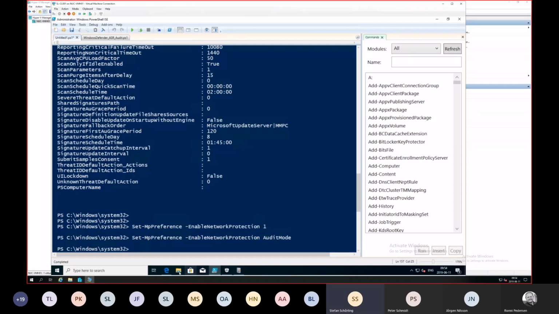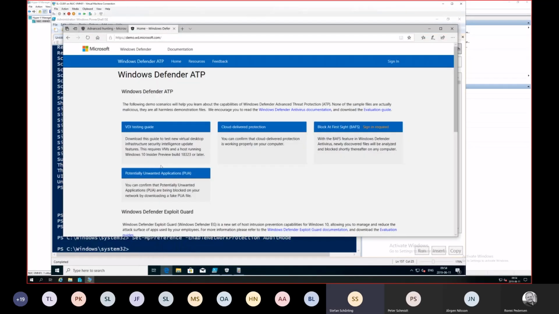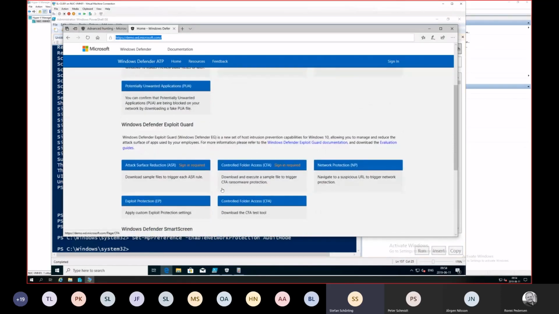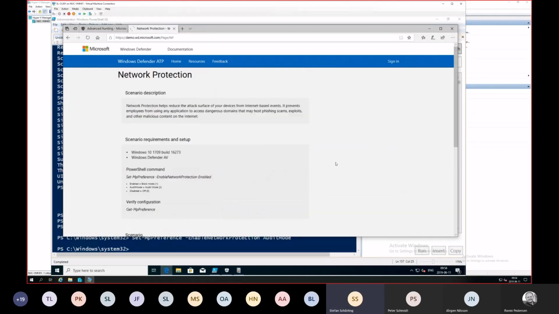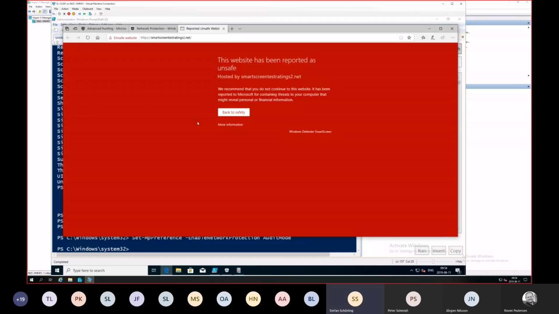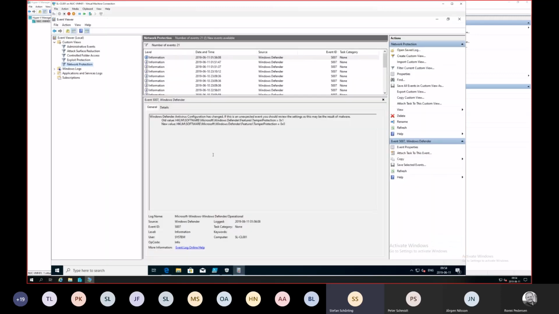Okay, and then I go to a web page here. I'm not sure if you've seen it. It's a demo page for Windows Defender, so you can actually test all the features out and make sure that they're working. If we go, in this case, to the network protection piece, they have a test site for it, and we click on it, and it should actually, okay, so we have that. It's actually SmartScreen blocking us, but if we go into the network protection,